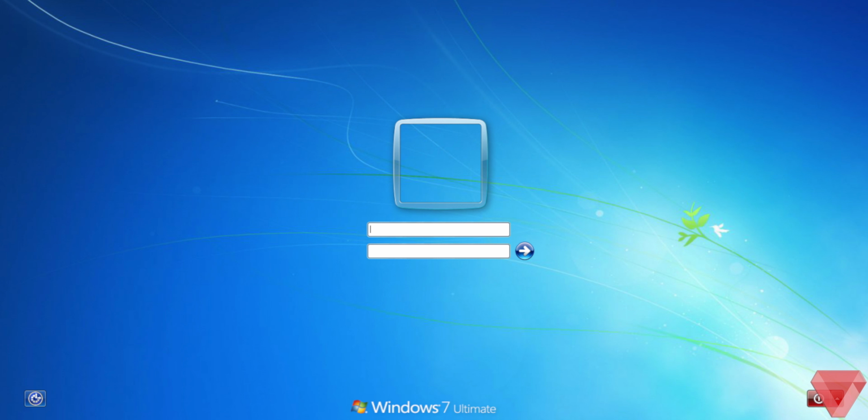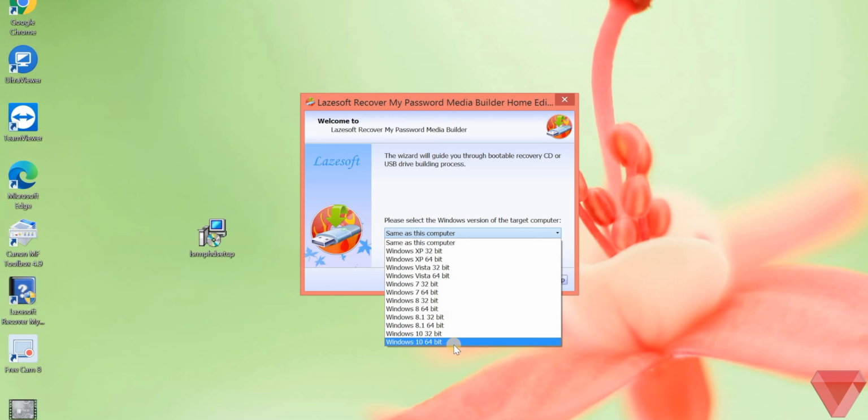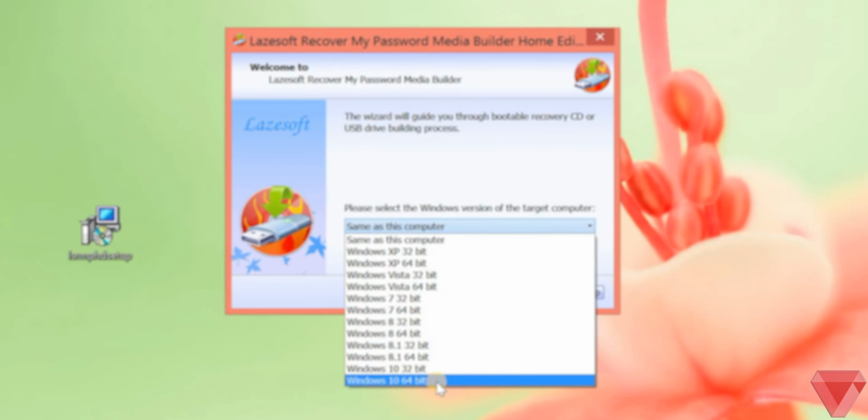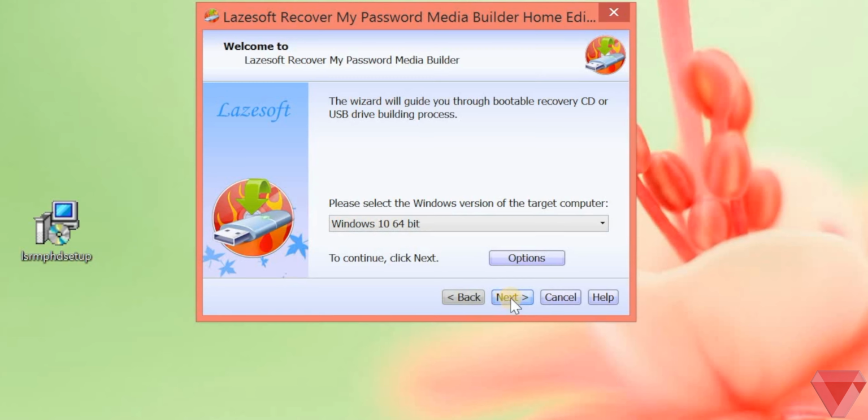And if you see this screen, that means it's Windows 7, as Windows 7 is written on the login screen. Alright, so now you know the target machine Windows version. Select that version over here, as I will be resetting Windows 10, so I will select it here.